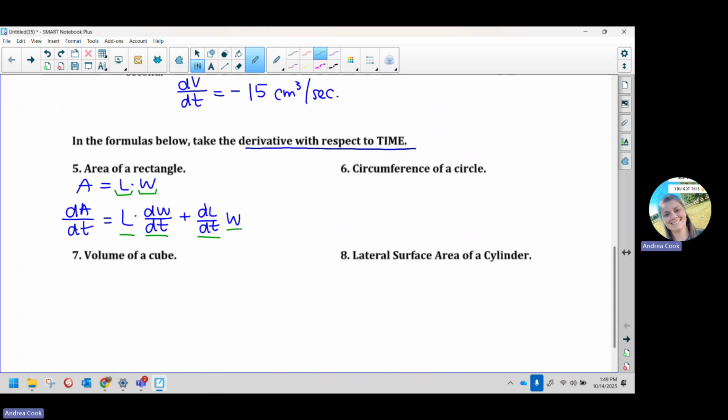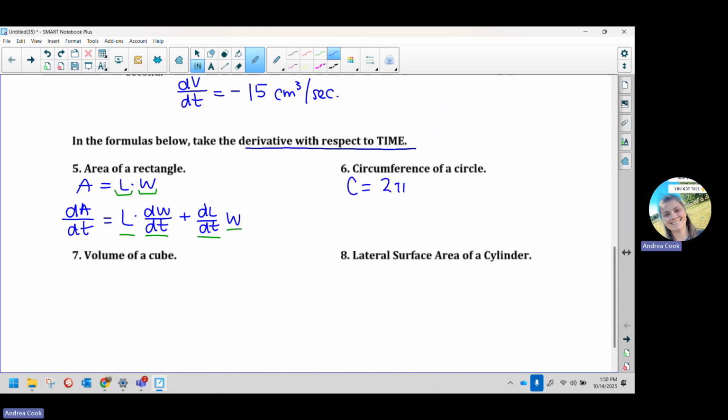We chain on because now everything's a function of time. So this means I have a rectangle and my rectangle is growing. So the width and the length are changing over time. Okay, all right, circumference of a circle